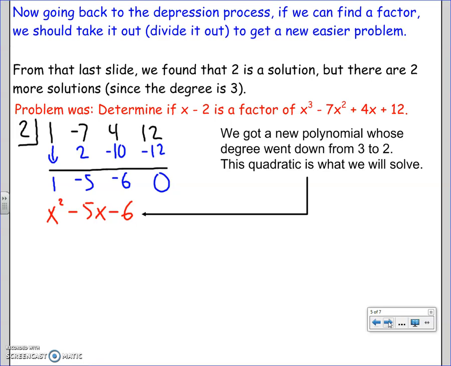But there are 2 more solutions since the degree is 3. Remember, the exponent tells you how many answers there are. So the problem was to determine if x minus 2 is a factor of that, which we decided yes it is. And we got a new equation. Remember, your answer